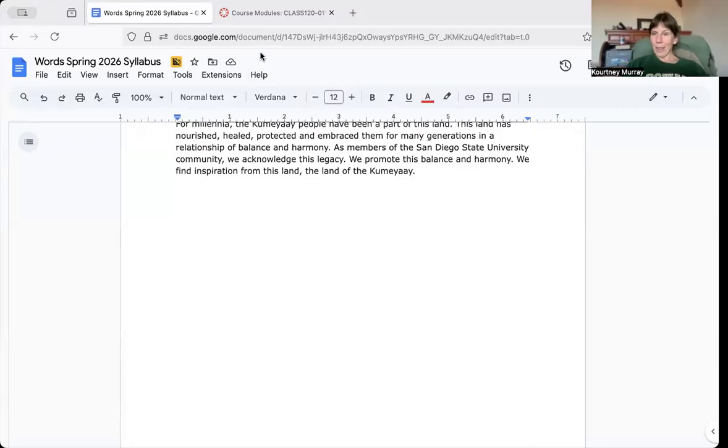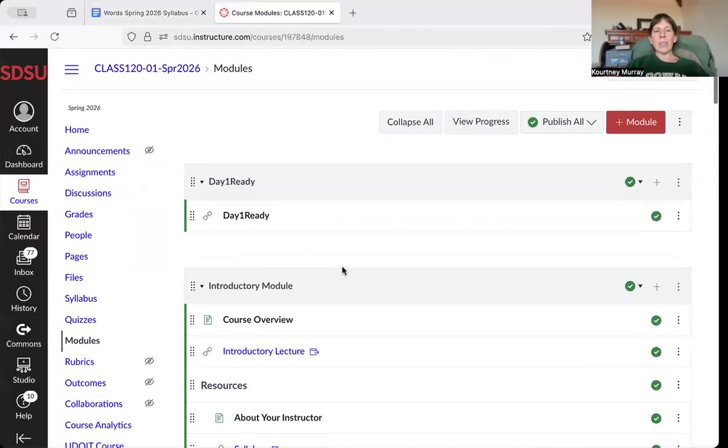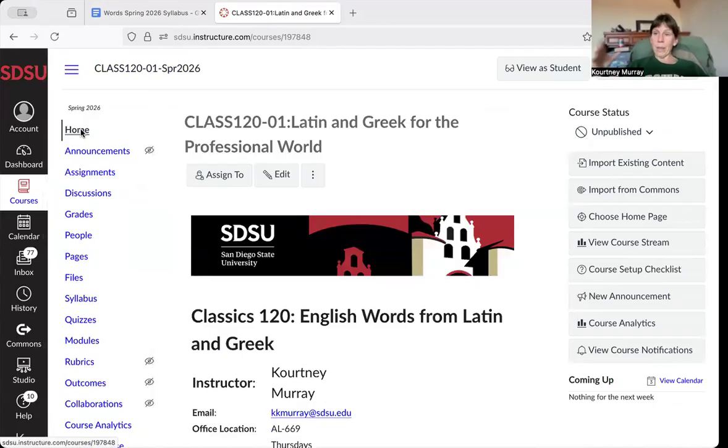Now let us turn to the Canvas page. I always feel like, should I say something about AI? I can tell you that last year, when people took this course, I don't think this is a course that really lends itself to AI. Every exam is going to ask you for a bit of original work. In particular, for every exam, I will ask you to create a unique word. I think that would be one place that people would turn to ChatGPT, and a few times I absolutely did see that. It's not meant to be weird; it's meant to be a fun exercise, not some burdensome thing. But also, and this is the same for any class I teach with Latin and Greek,